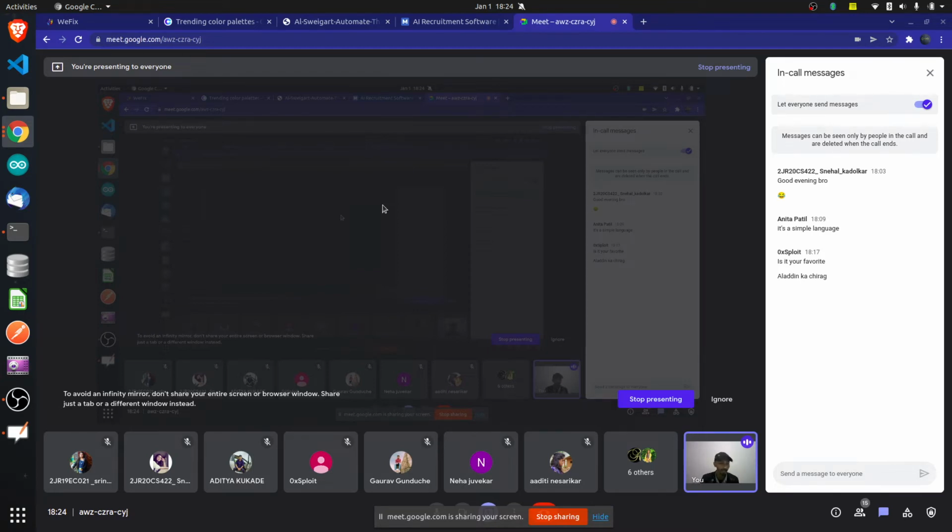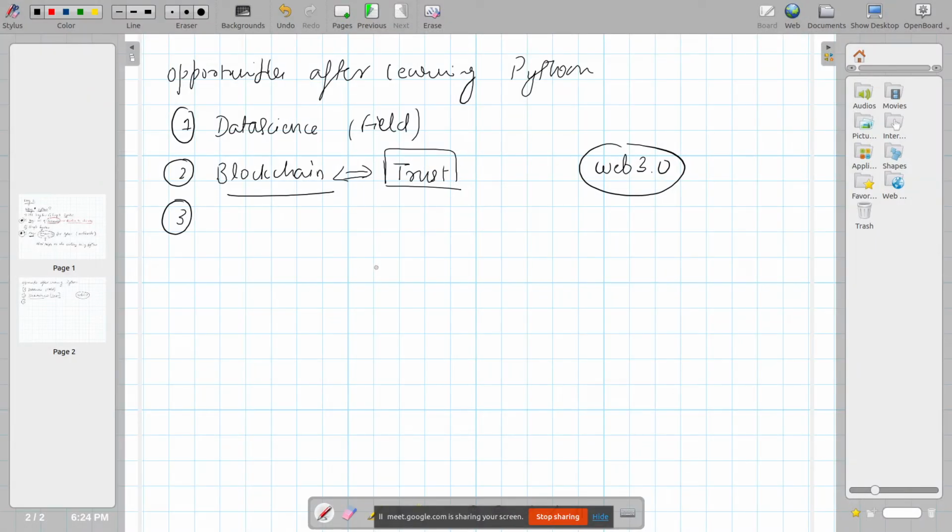I cannot trust any website which I am visiting. I cannot trust whatever ads they are showing. I cannot trust the person who is behind this website, what he is going to do with my data. So I cannot trust anyone on the internet, but blockchain brings trust. Okay, so just go and search about that technology. Amazing thing. You can go into the field of machine learning.